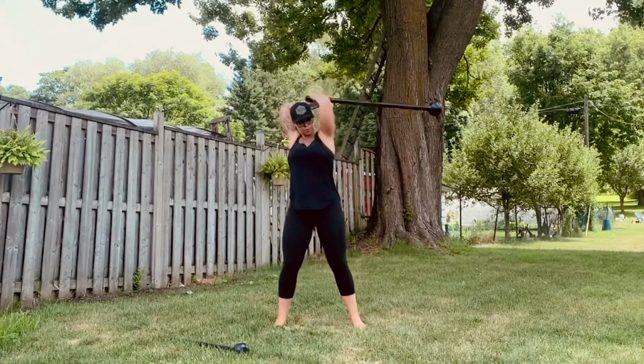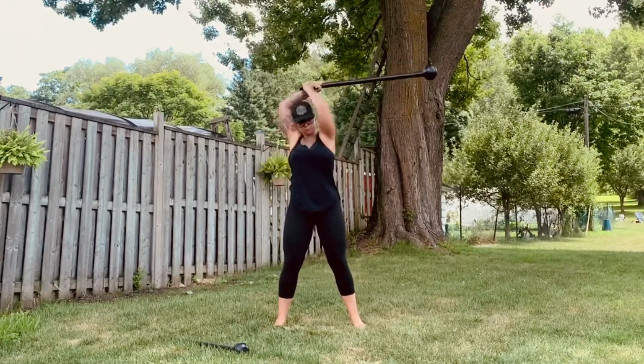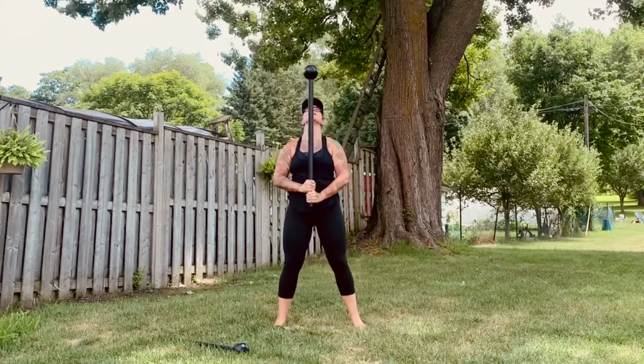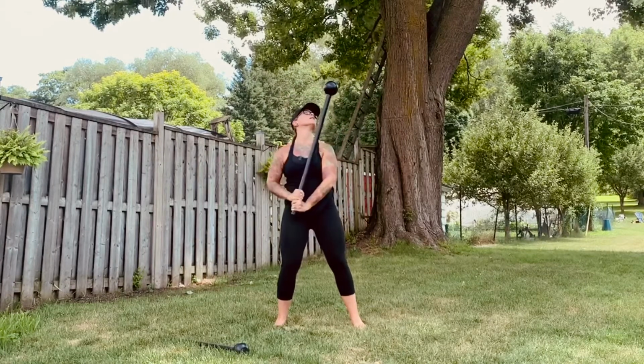Remember to push the mace there, pull it down. Let the mace do most of the work and activate when you need to. That's 10. So now we're going to 10 and 2s. So we're going to tip, we're going to pocket and pocket. This is 2,